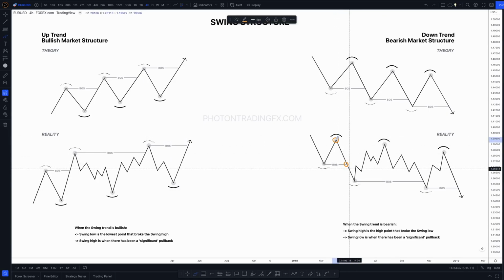It's the highest point that broke the low, right? There's no ifs, buts, or maybes. It's always the highest point between those two lows. Where the low was printed, price falls back to where it's broken, you find the highest point, that's your new swing high, okay? When price starts to pull back, we only mark out with our pretty circle where that new swing low is, only once we deem there to have been a significant size pullback relative to the recent